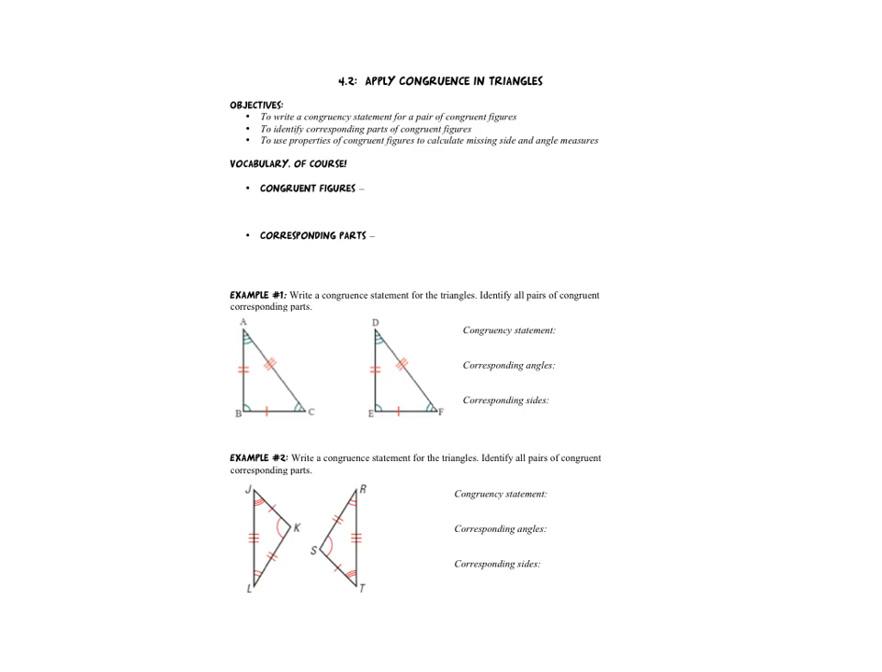Hello everyone, and welcome to the 4.2 notes on applying congruence in triangles. So the objectives of today's lesson are to be able to write a congruency statement for a pair of congruent figures, to identify corresponding parts of congruent figures, and to use properties of congruent figures to calculate missing side and angle measures. So let's begin with some vocabulary, and the first thing we're going to talk about is congruent